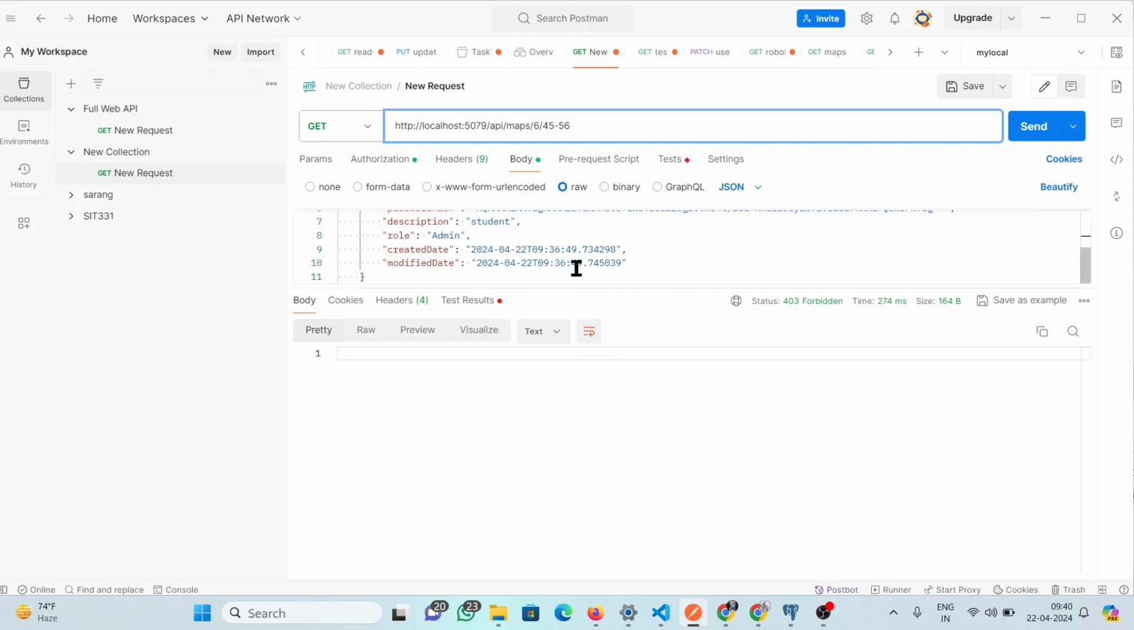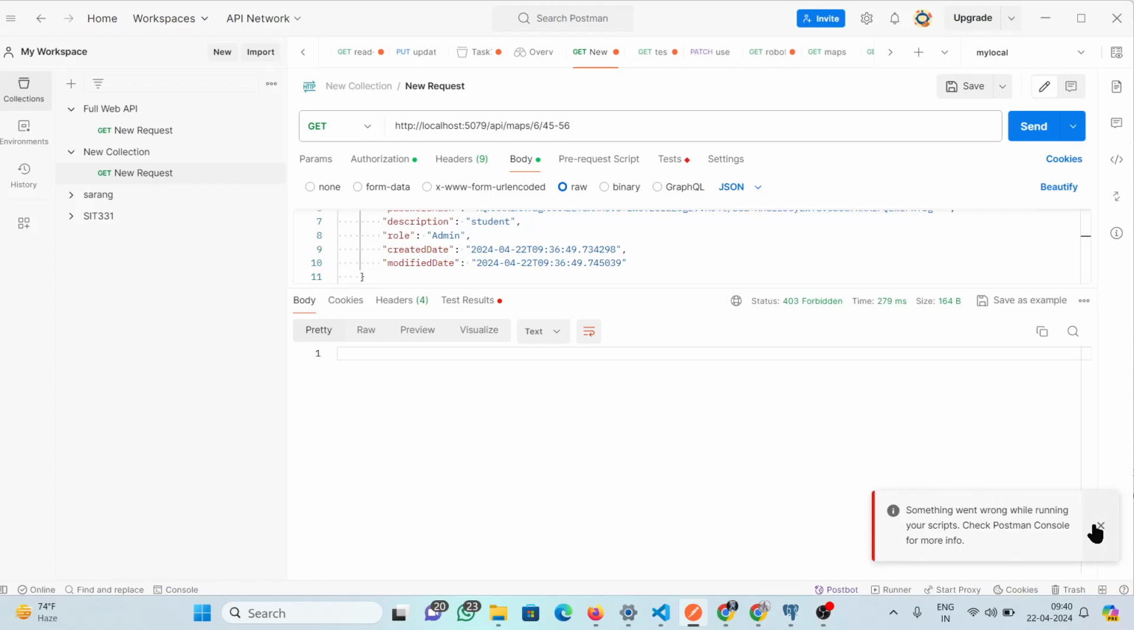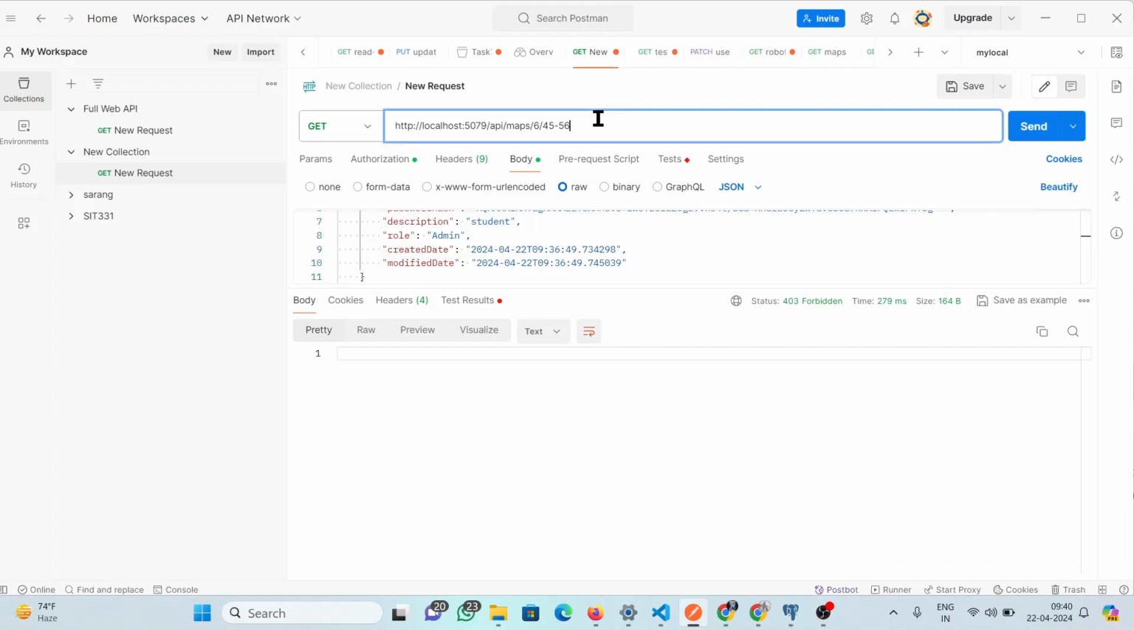So I think it is getting some problem. It's not showing the result in the maps. Let's check it again. 403 forbidden. Let's come to the next command, that is API maps